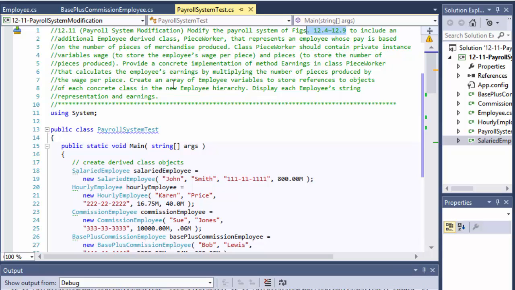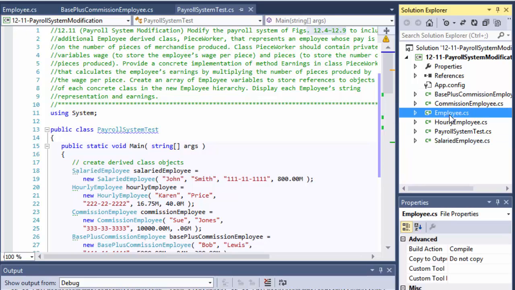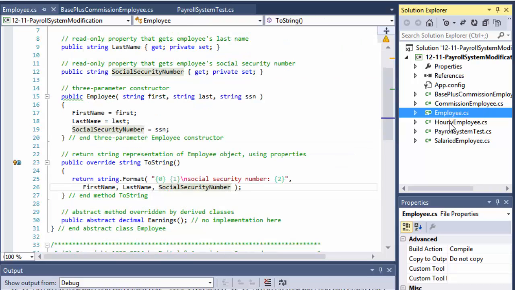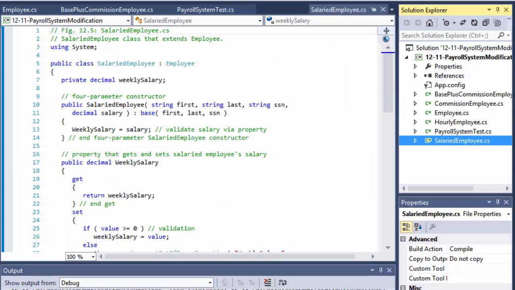We will create an array of employee variables to store references to objects of each concrete class in the employee hierarchy. The book gave us the classes for BasePlusCommissionEmployee, Employee, which is the base class, and then HourlyEmployee, and PayrollSystemTest, which contains the main method, and a SalariedEmployee. So if I run it now,